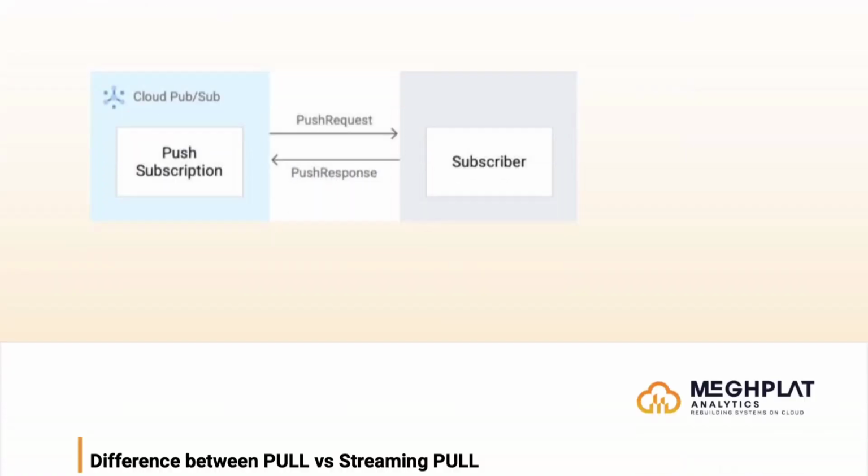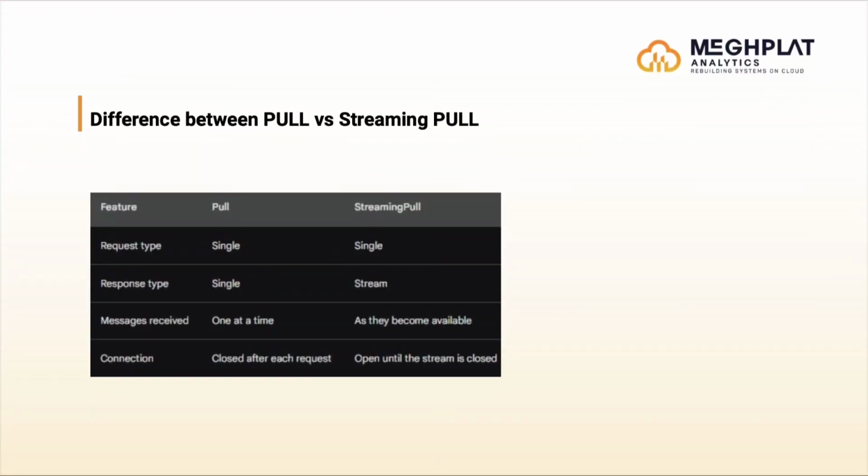Okay, so now we'll talk about the difference between the pull and the streaming pull API of the pull subscriptions, right? Like for whom pull is made and for which user streaming pull is made. Both pull and streaming pull are methods of retrieving messages from a Pubsub server. The main difference between the two is that pull is a single request and response, while streaming pull is a continuous stream of